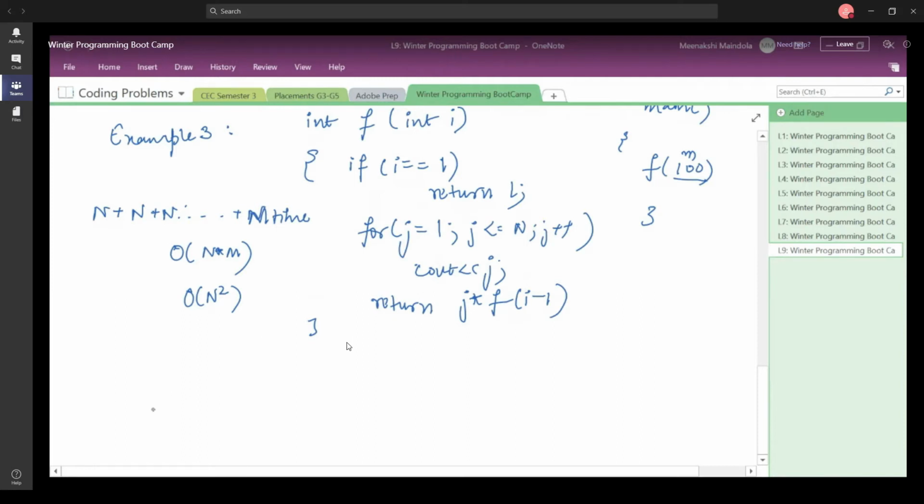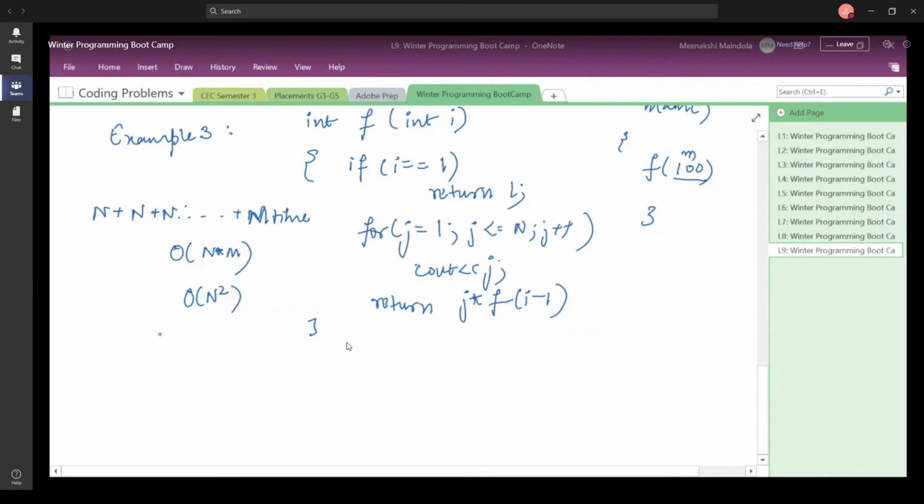Something that is constant, like the space for a variable, is not something that we consider in our space complexity, unless that variable is going to take up space n times. Like we say for our array, an array is going to contain n elements, let us suppose, then it is going to take up order of n space, right?